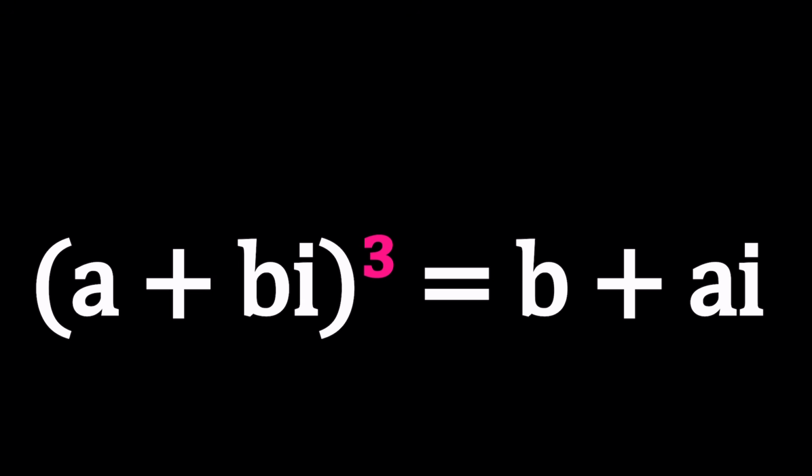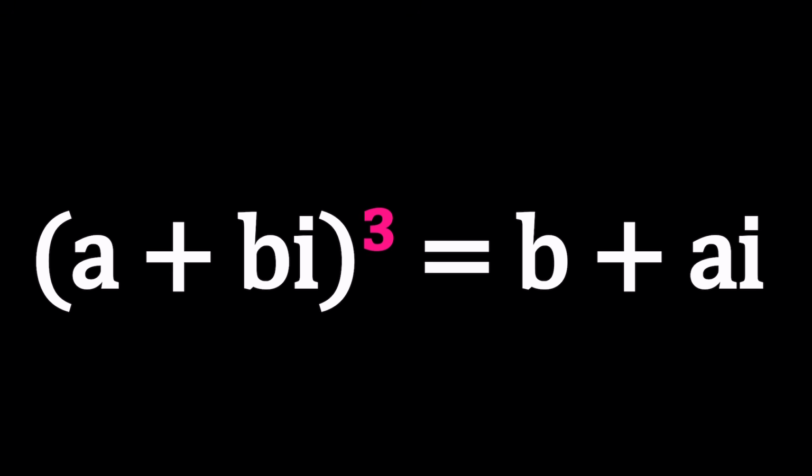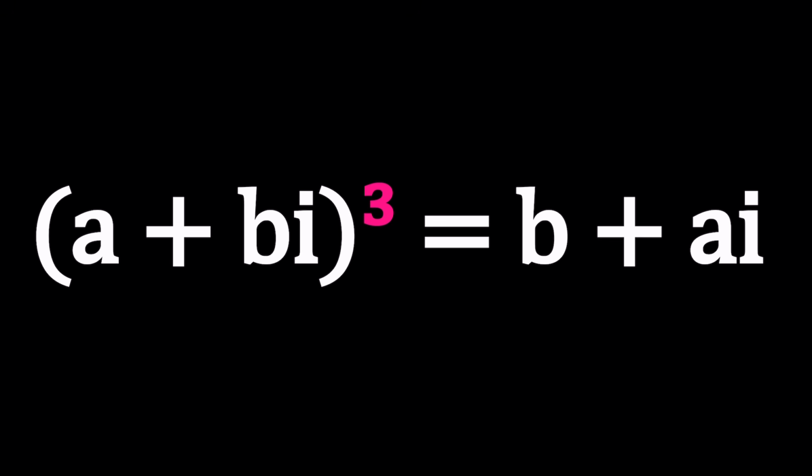So we have this complex number, a plus bi, which is cubed, and then all of a sudden, mathematically, it turns into b plus ai. Okay? Great. So let's go ahead and solve this problem in two different ways. The first method,